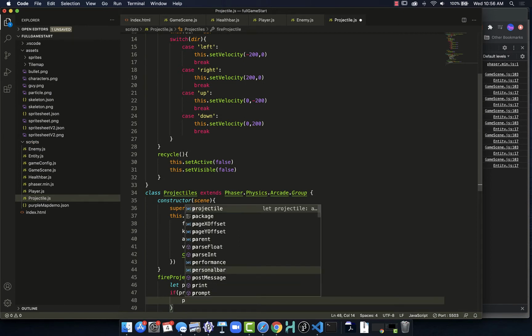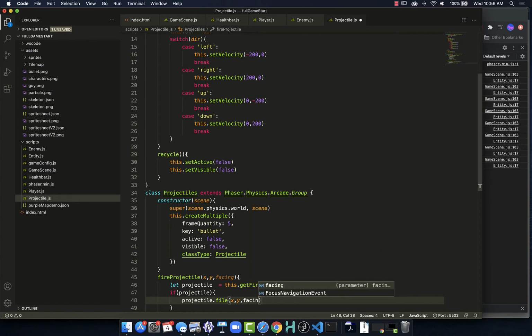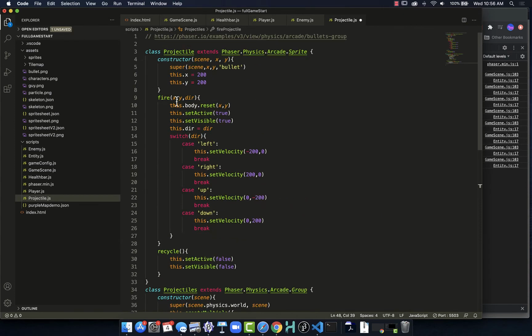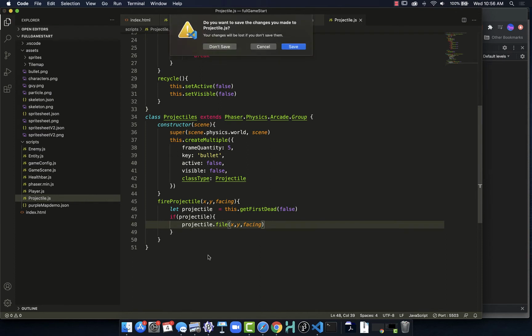So if there is a projectile to work with, we'll tell that projectile to fire, and we will pass in X, Y, and facing. Facing is what we end up using here when we fire, where we pass in that direction, and that direction we get from the player that we're working with. Now, so we save that,